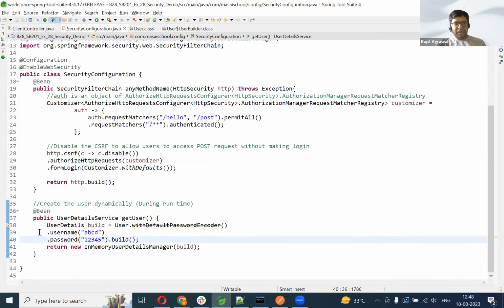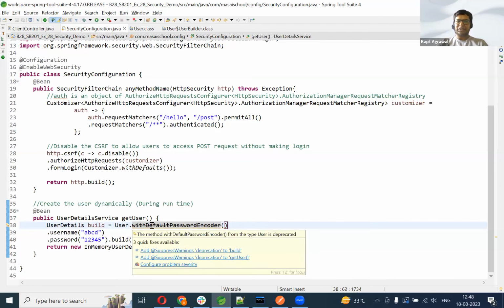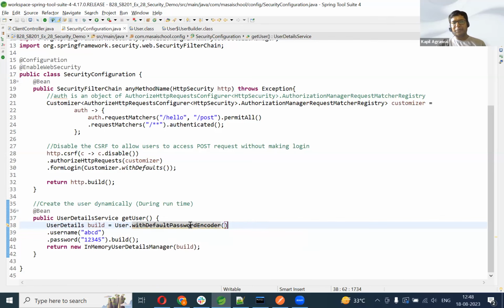Okay, everyone. See, I'm building a user, and while using the builder, I'm using deprecated code. Yes or no? While building a user programmatically, I am using the deprecated method. The withDefaultPasswordEncoder is a deprecated method. But to talk about the documentation of this method,